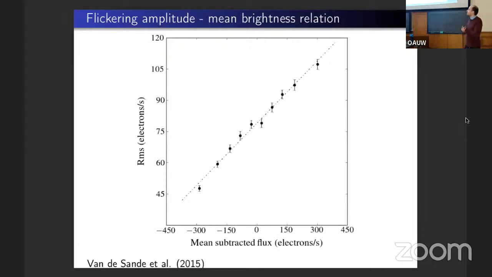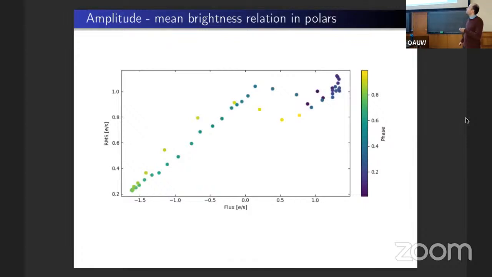And another proof of that is the relation between the flickering amplitude and the mean brightness. Here is the plot that I showed you before, how it should look like. And here is the same for one of my colors. So x-axis is the flux, y-axis is the RMS, so the flickering amplitude in different words, and with color is different orbital phase. So actually what we see here is two different RMS flux relations. So again, this confirms that we probably see two sources of flickering.